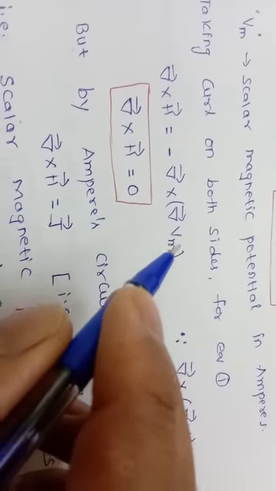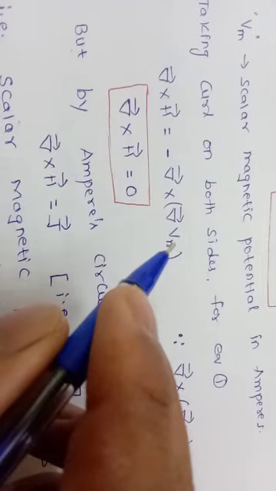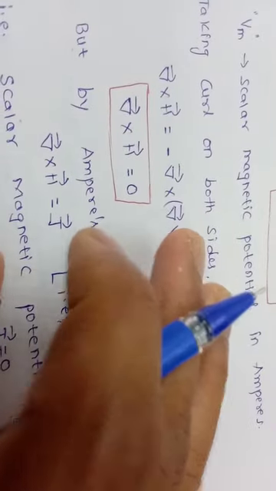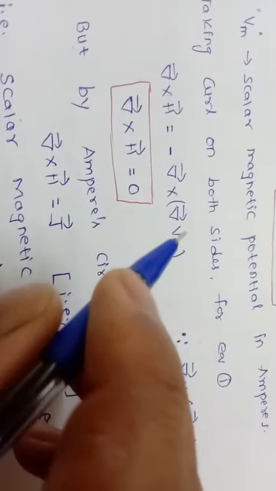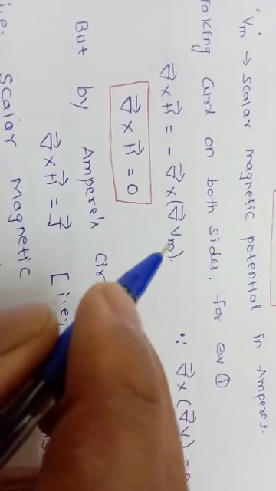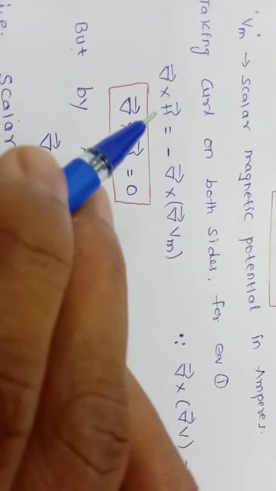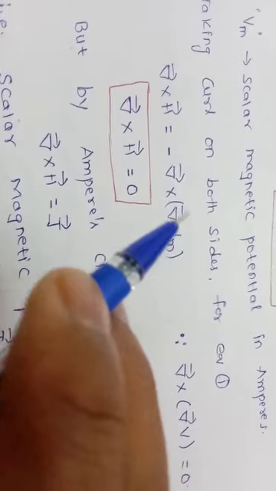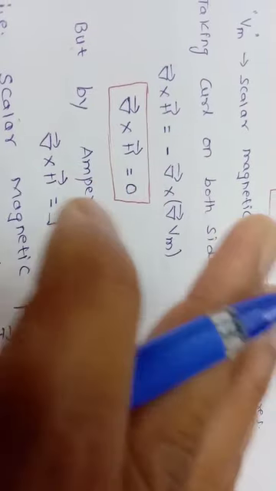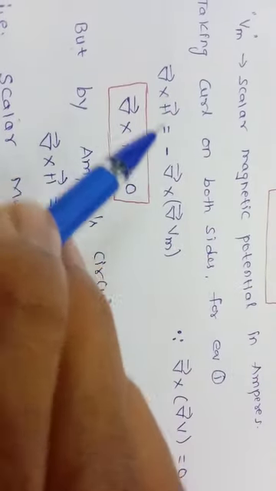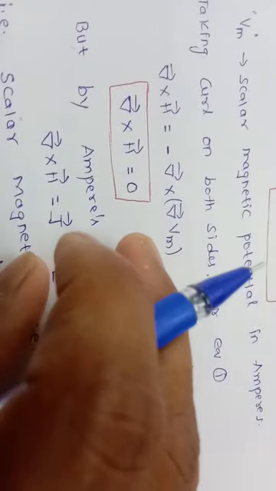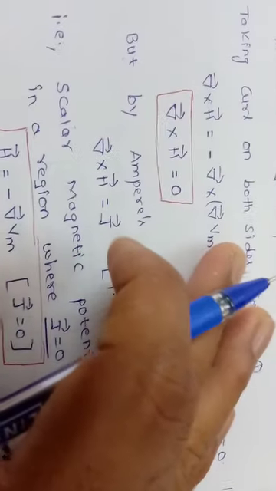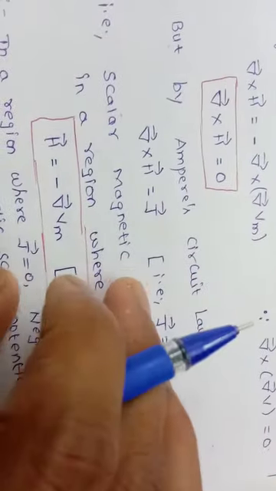Scalar doesn't have a direction, it only has a magnitude. Therefore, if we want to equate this to the magnetic field, then the current should not be present in the region where we are going to equate these two. Therefore, from the basics we can say that if there is a region at which